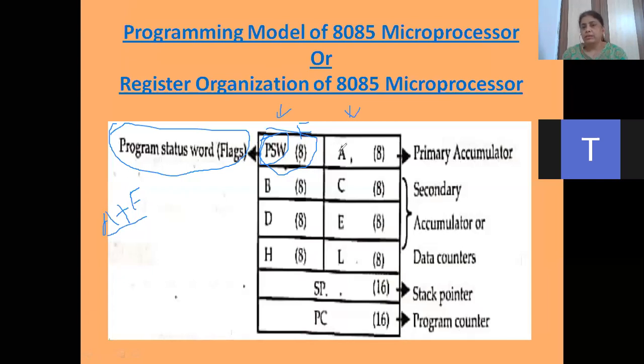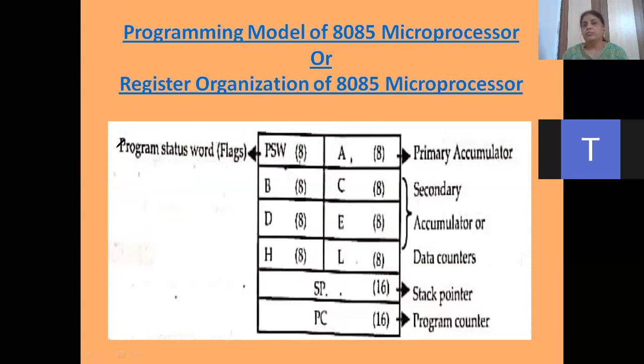Because accumulator is holding the final result, and the flag register, this is also an 8-bit register. Flag register is basically, it will tell you the status of the final result. मीन्स एक्यूमुलेटर में कैसा रिजल्ट स्टोर है, मतलब अब कैसा स्टेटस होता है, वो क्या बताता है PSW, सॉरी फ्लैग